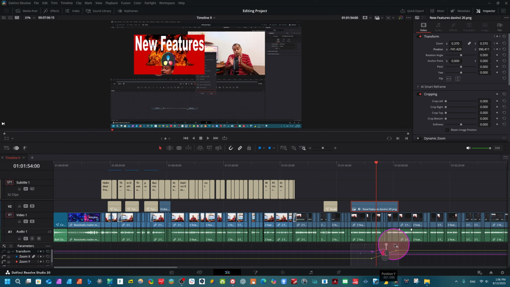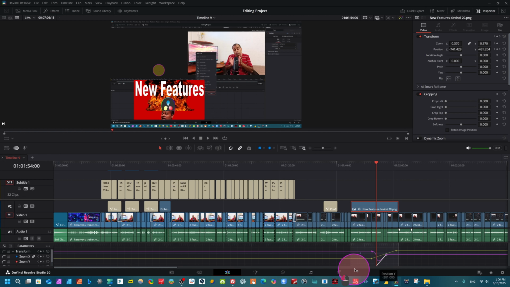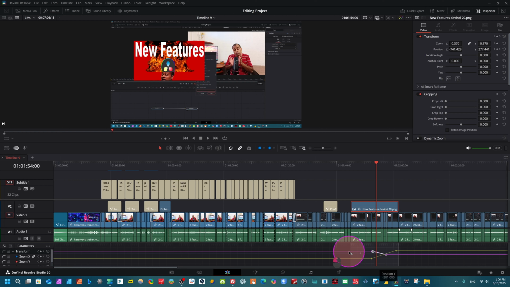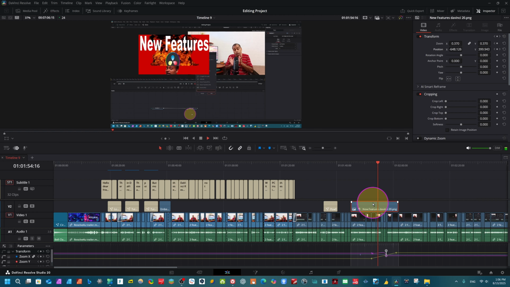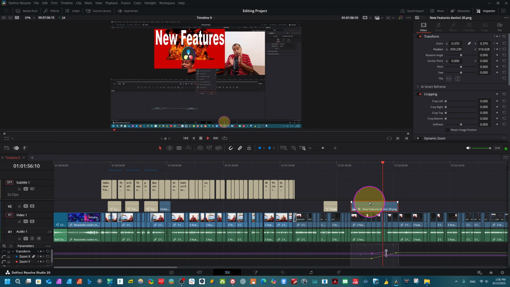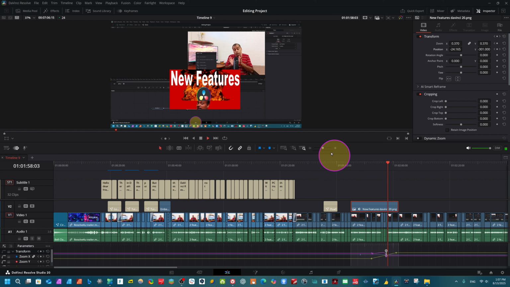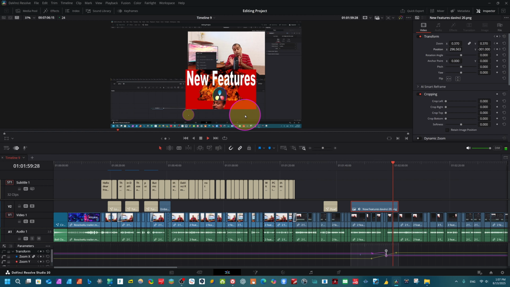I want to add this frame here in this way. If I want to add it here, we can change the position from here. It's very easy. After this update, we can change it anywhere. I want to put it here first. Okay, and now we play. These effects will work for every page: audio, color page, edit page, and cut page. You can see it's working in this way.